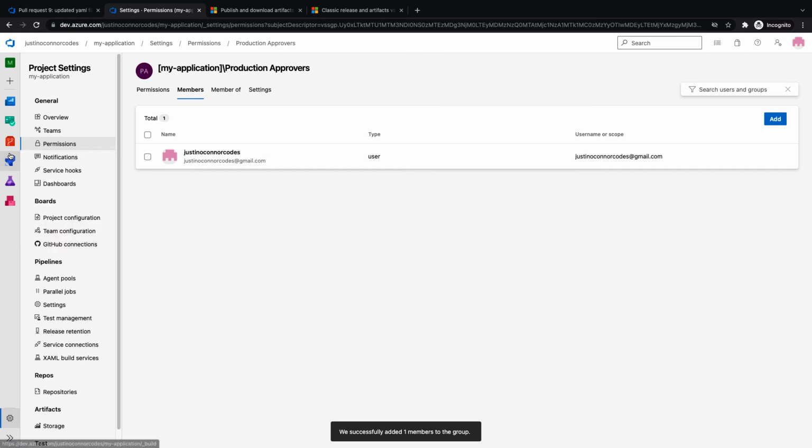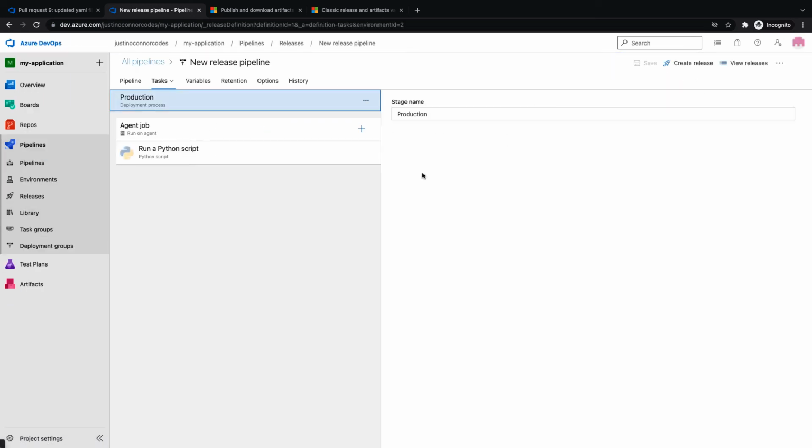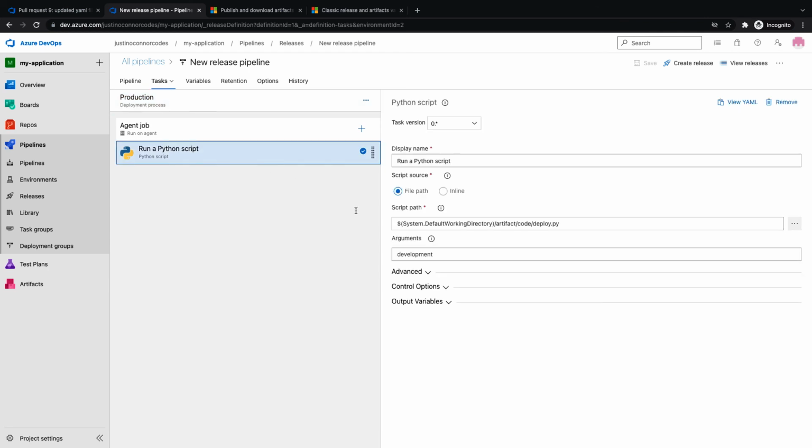And we will go back to our pipeline, our release. We'll edit this, and we're going to come to run this Python script. And in this case, for the production task, we want to put production in here. It's the same artifact, so build once, deploy anywhere is the general DevOps principle here, which is that we have